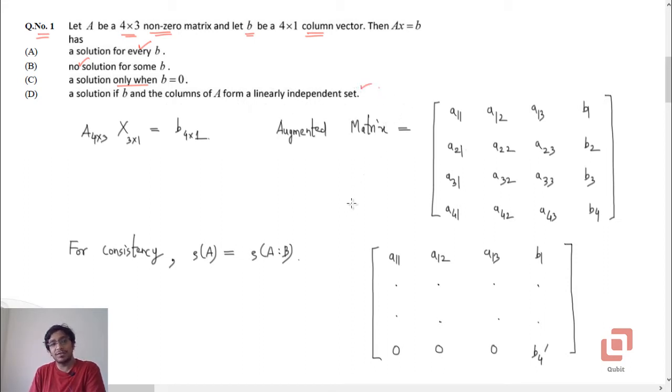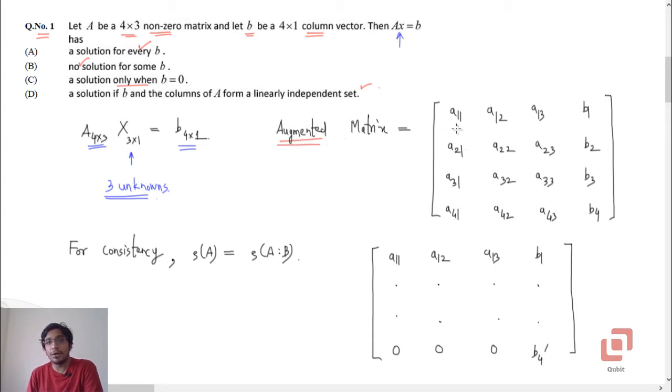Now to solve this question, we are first going to consider the augmented matrix. If the coefficient matrix is of the order 4×3 and the right hand side of the system is a matrix whose order is 4×1, clearly the matrix of unknowns, that is the matrix X, is going to be of the order 3×1, so there will be 3 unknowns in the system. This follows from the rules of matrix multiplication.